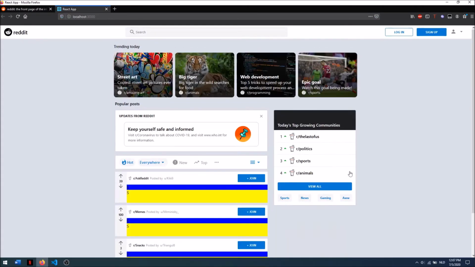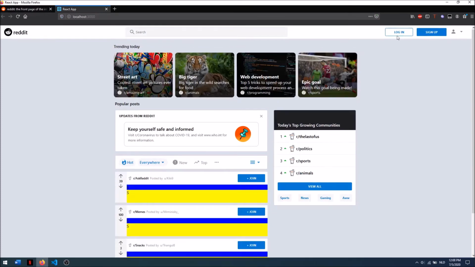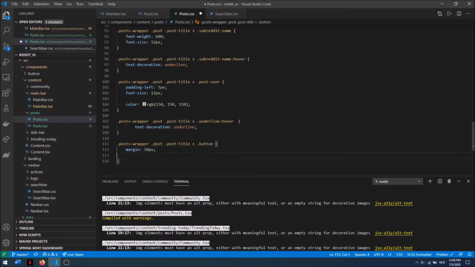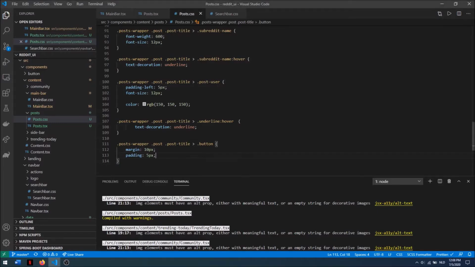But as you can see, the padding inside of the button is a lot bigger than right here, and that is because that is our own button. So I'm going to remove the padding for this button. I'm going to say that I only want a padding of 5 pixels, and as you can see, we have a smaller button right now, and I actually want to make the padding horizontally bigger, so that will be 8